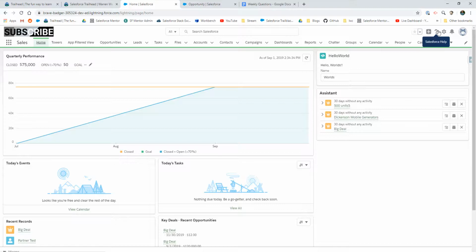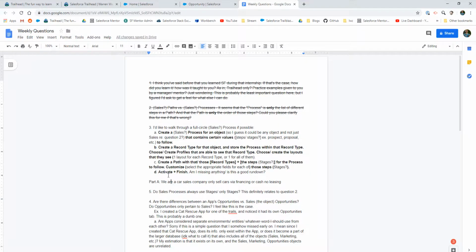So I wanted you to know the bold steps are the main process and only steps within a general process, huh? For this one, I just wanted to know if the bold steps are the main or only process within a general process. Create a process for an object. Create a record type for an object that stores a process within the record. So if we want to talk about generally,